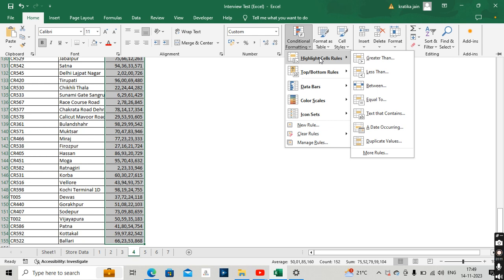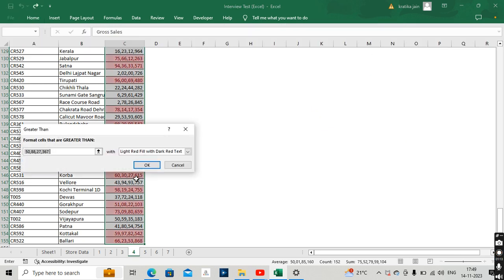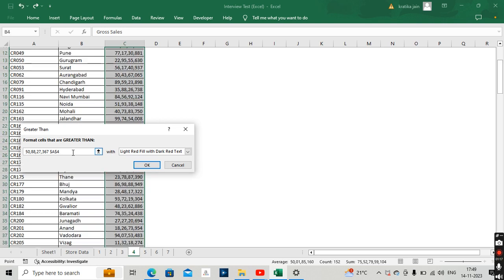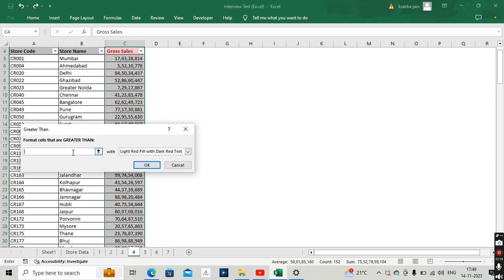So first we'll do where the sales is greater than 10 crore. We need that data in green fill. Okay,